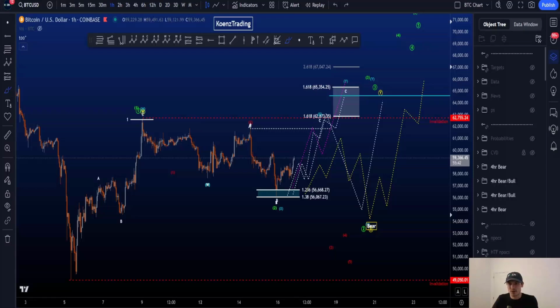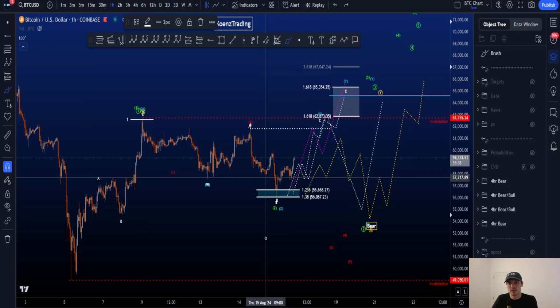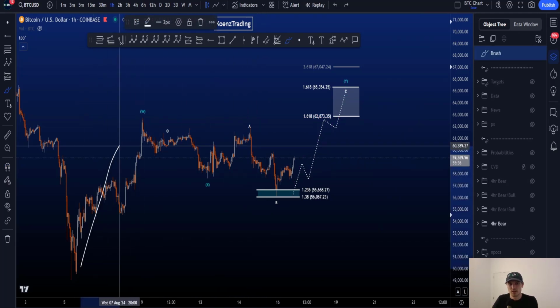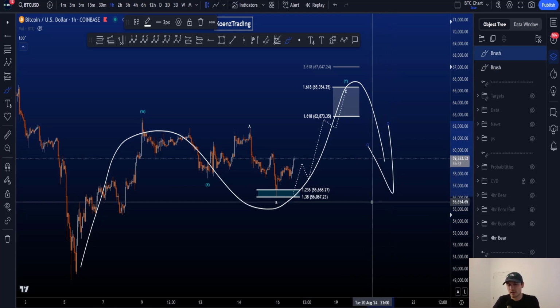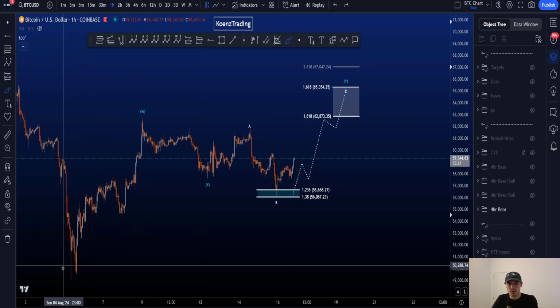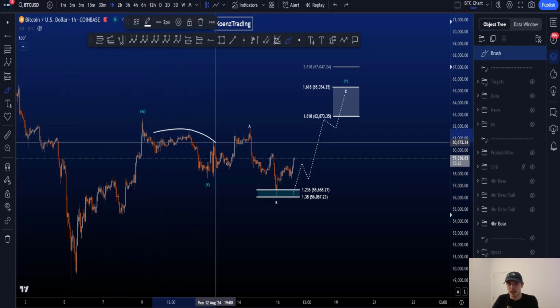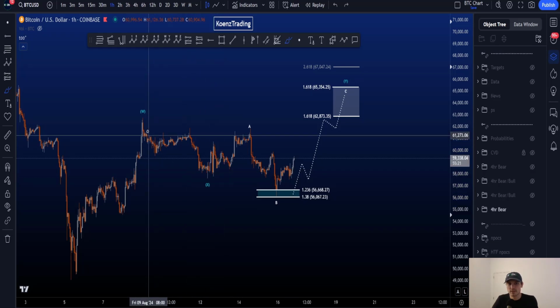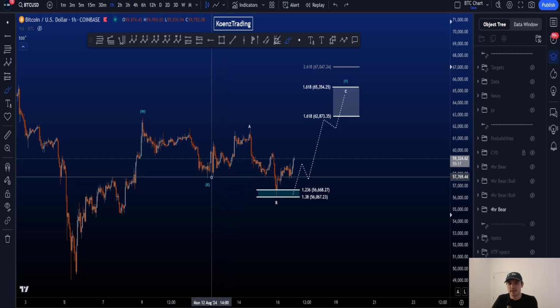Hi everyone, let's go over my bullish and bearish Elliott wave scenarios on Bitcoin, starting with the bearish scenario where we are looking for a three-wave corrective structure and then another move towards the downside to take the low at 49k. In this case, we have a finished wave W to the upside, a zigzag ABC, a finished wave X to the downside as well, a zigzag, which is common for a wave X, and then in wave Y, we